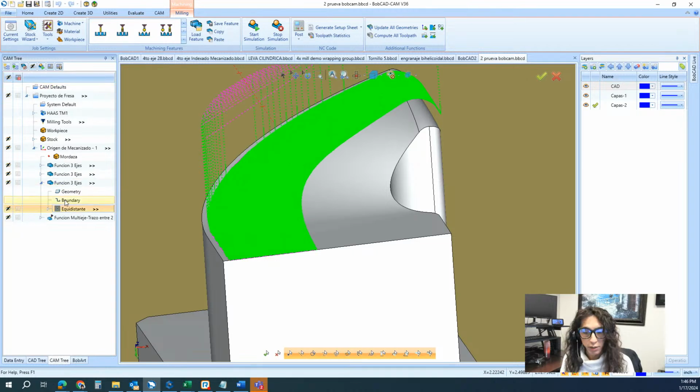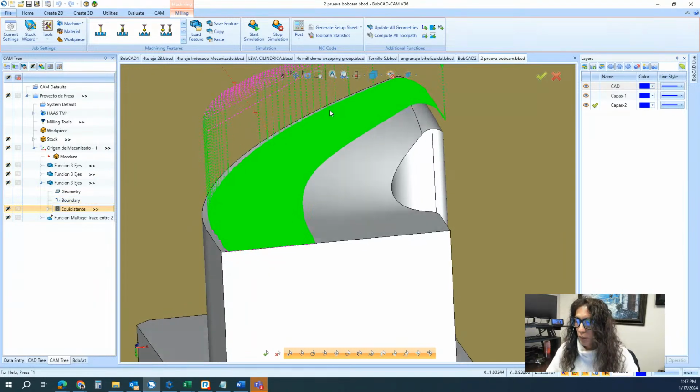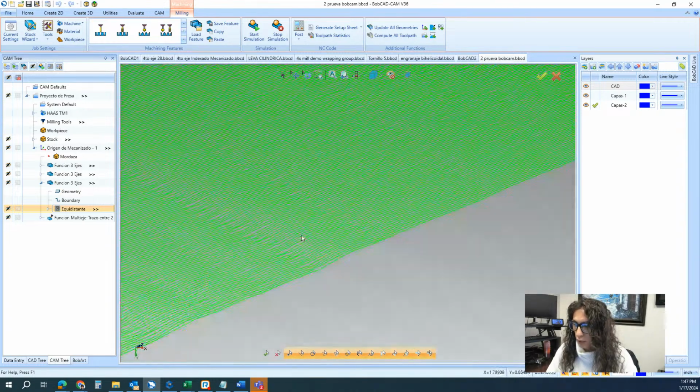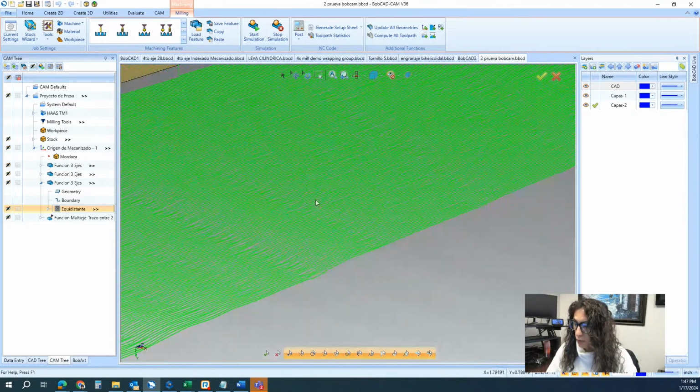Everybody knows the equidistance offset. If you've been a customer of Bobcat, you utilize the equidistance offset, and it does a marvelous job. But if you utilized Bobcat before, you've seen this. Has that happened to you? Like those little markings? Yeah, STL mesh. STL is a mesh. So exactly, Andrew, to tell you what happens,